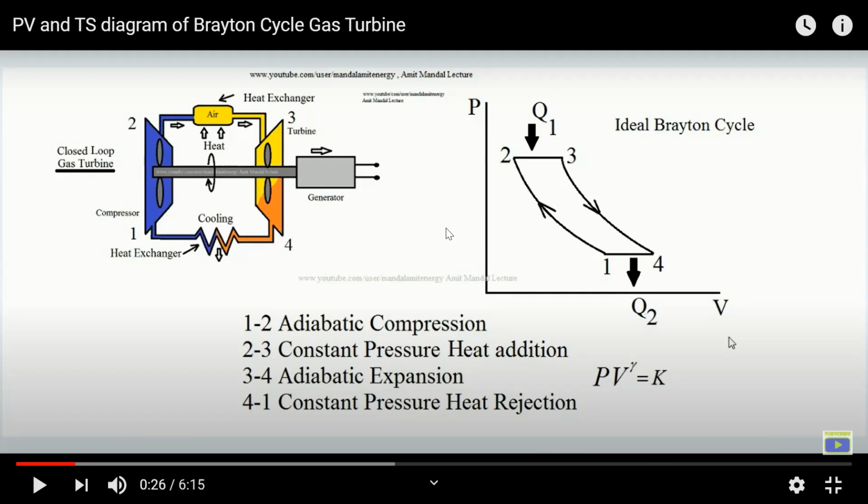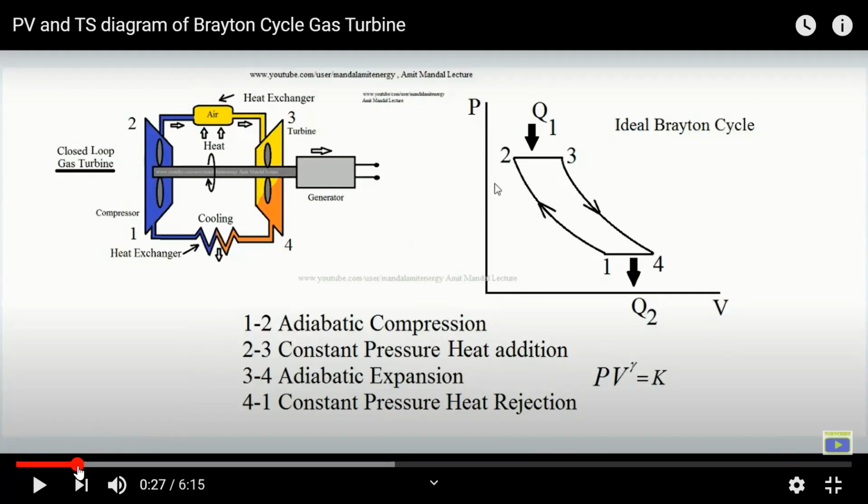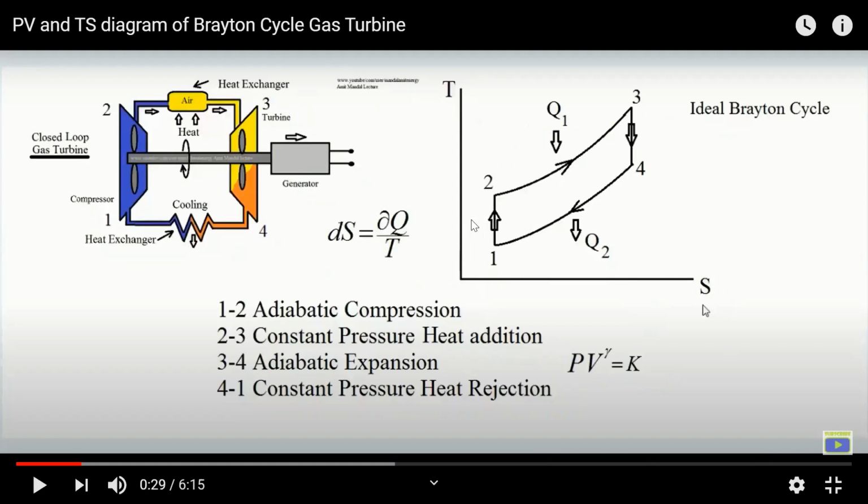You can check it out. From the generator, the shaft is connected to the turbine and the compressor, and the output is obtained there. We also provide work from the turbine to run the compressor, which is why the shaft is connected completely. Here we get the work output. The exhaust gases come out after the work is done or the expansion is done. We have to ensure that the compressor diagram goes from less at the inlet, and the turbine expands from the beginning till the end. Expanding means bigger. So 4 to 1 is constant pressure heat rejection. This is the process we carry on.